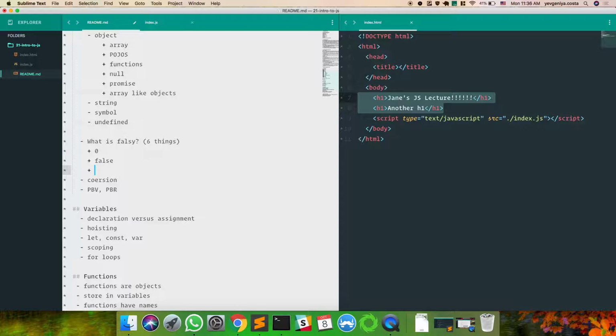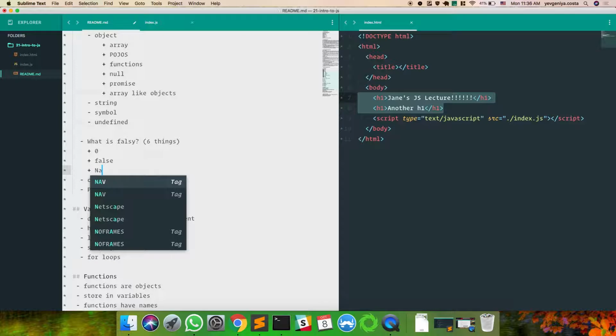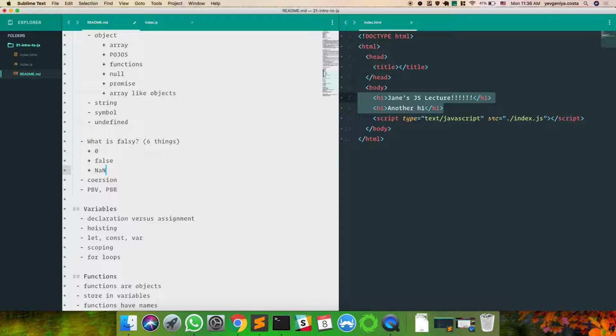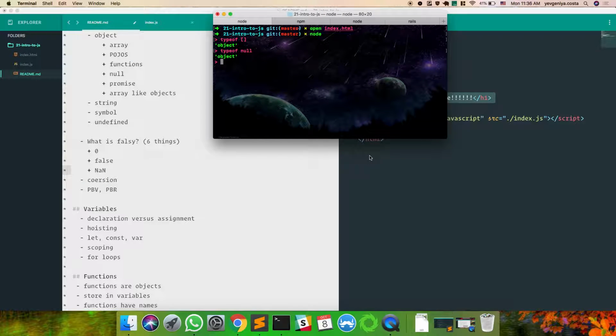Shout them out. Someone other than Gavin should know. All right, Gavin, give me another one. NaN. What is NaN? Not a number. Okay. And what data type is not a number? It's a number. I love JavaScript, guys. It's so beautiful.